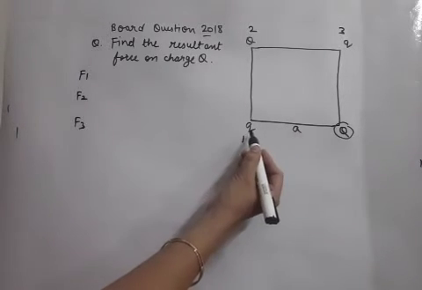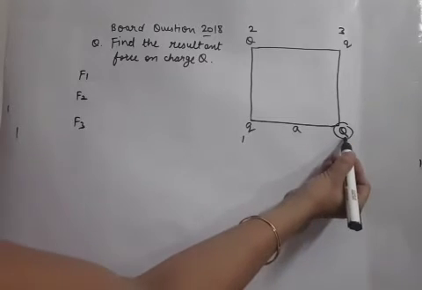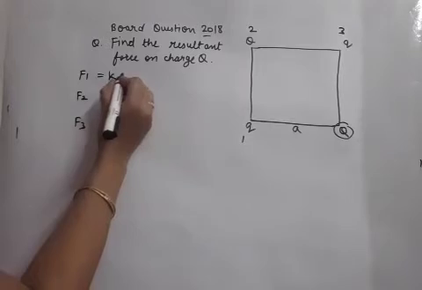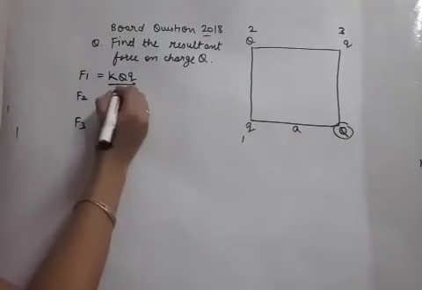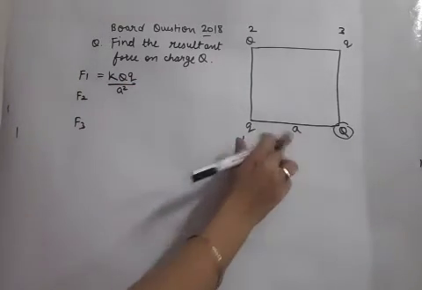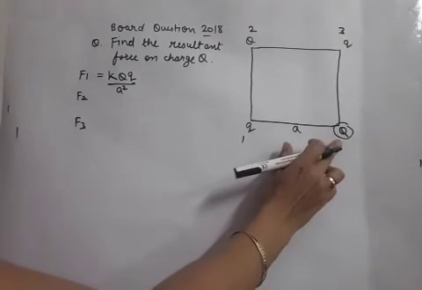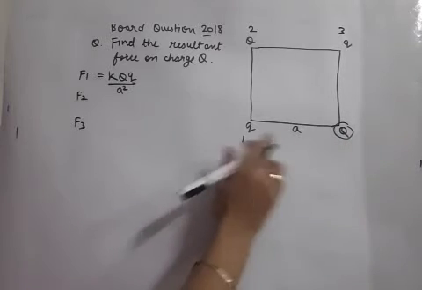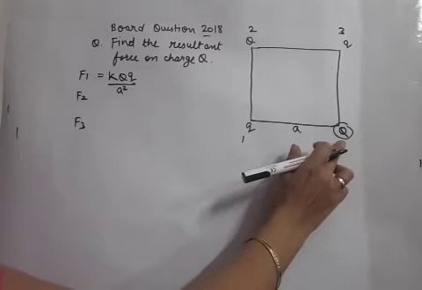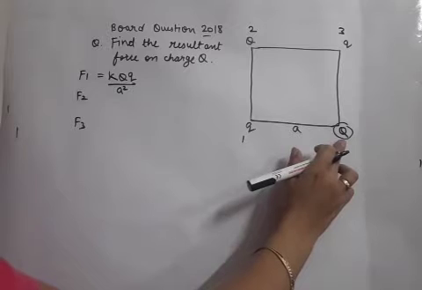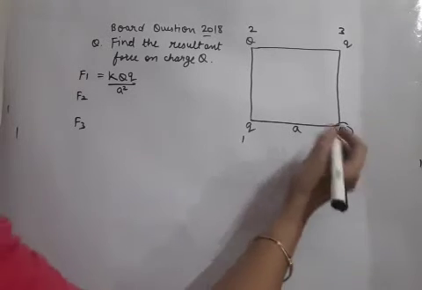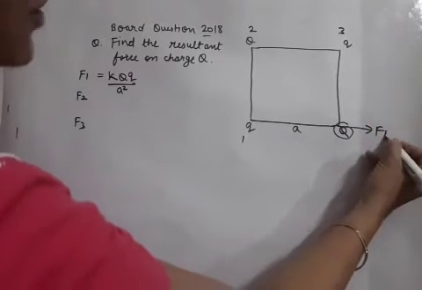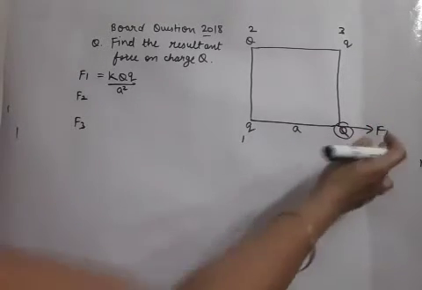Let's start now. First of all, this Q charge will apply force on capital Q. So the formula of the force will become K Q1 Q2 upon distance square, so A square. Distance is A. Direction of the force F1, how can we find it? Like charges repel. Whichever charge is under consideration, that can only move. So where will this charge go due to this charge's effect? It will get repelled. So F1 direction is towards right.